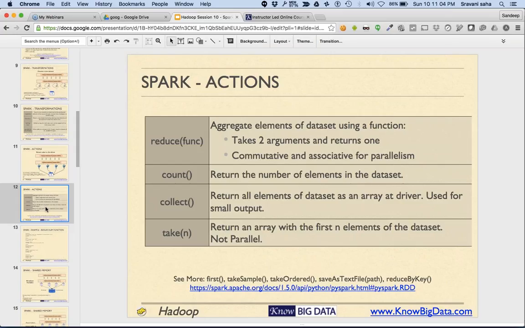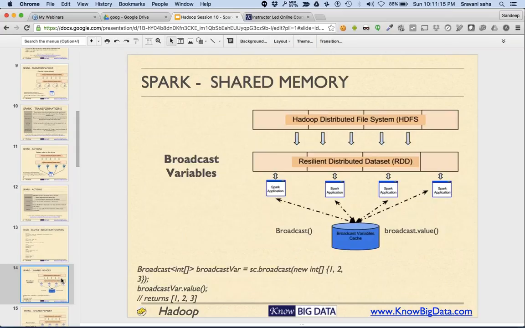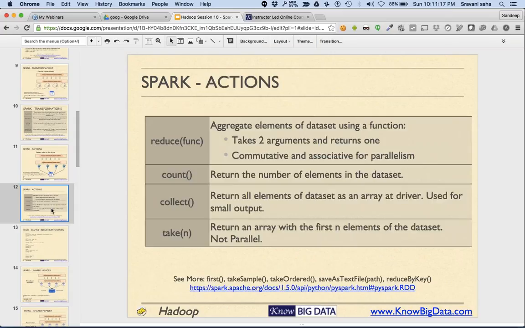Next, there are many kinds of actions. One of them is reduce, and reduce is something very, very important. I want to show you how reduce works. It works the way we explained last time as well. Reduce works by taking two values and combining them.